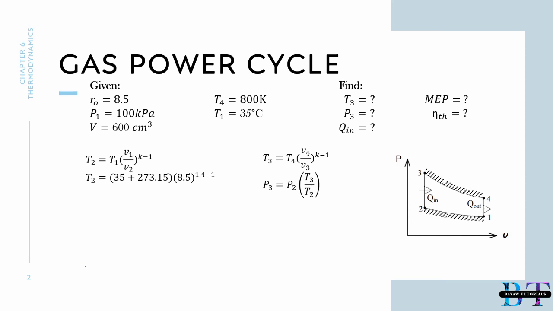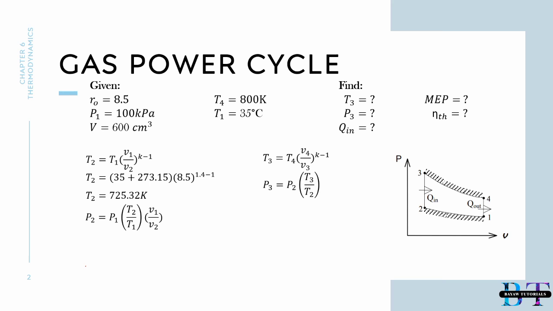adding 273.15 to our degree Celsius to change that into Kelvin. And our T sub 2 will be 725.32 Kelvin. Now let's solve for our P sub 2, which will be